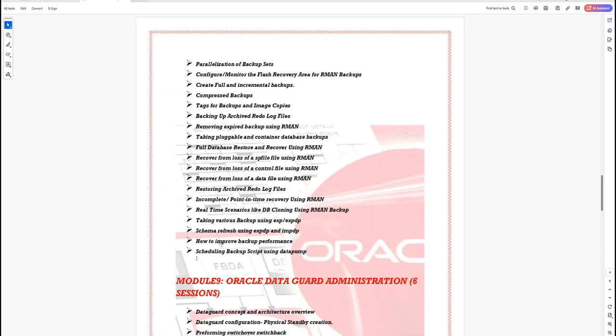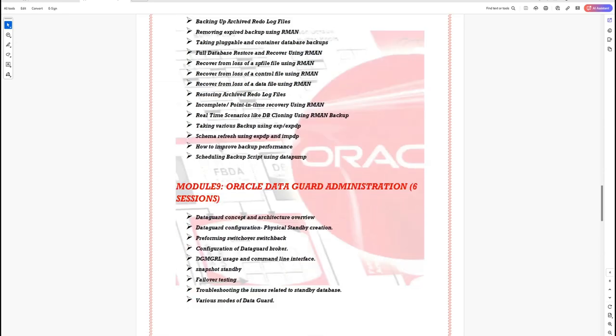After completion of the backup and restoration section, you'll learn how to manage Data Guard, also known as the high availability feature, standby database management. In module number 9, you will learn all this detailed information: how to create Data Guard and how to manage it.